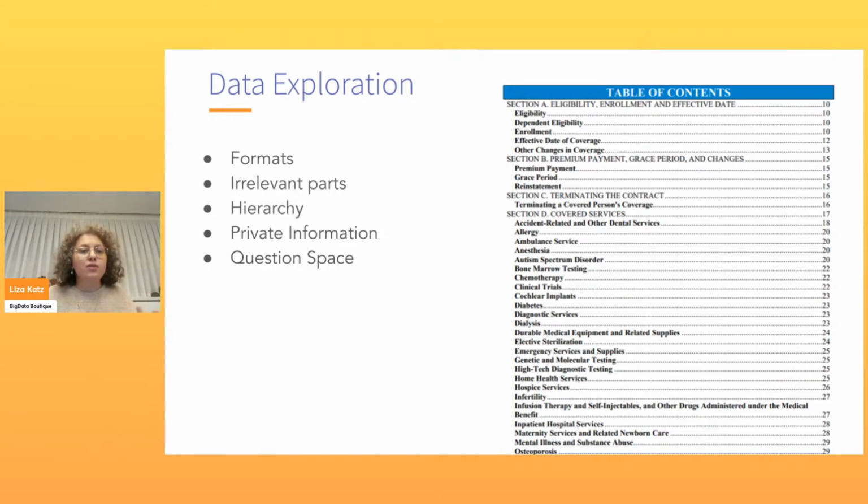And I'm going to create an inventory that lists everything that is available to me. Then I'm going to remove from it anything that is irrelevant. So for example, if every insurance policy has a cover page, this cover page maybe has some information about the company, maybe some phone numbers, maybe some legal notes about the policy.